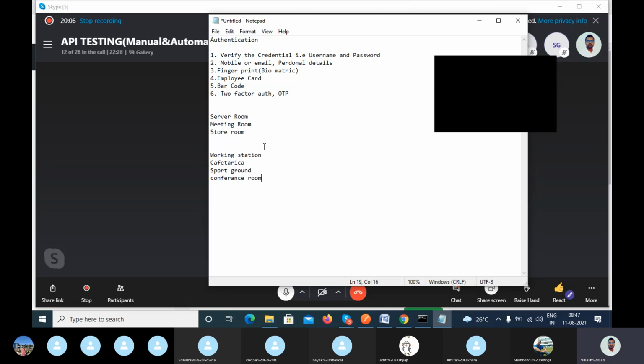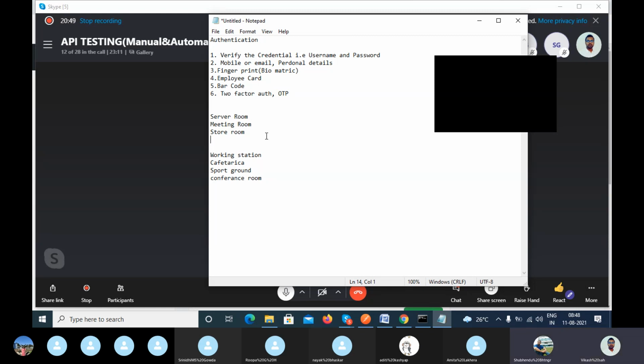Simple. So if you don't have the access, then you can't go to the server room, right? Let's suppose you want to try to see whether you have the access to the server room or not. What you do is swipe your card to access the server room. The gate will not open, right? So what exactly does that mean? For your employee ID, the admin person has not provided access to this particular area. Agree?